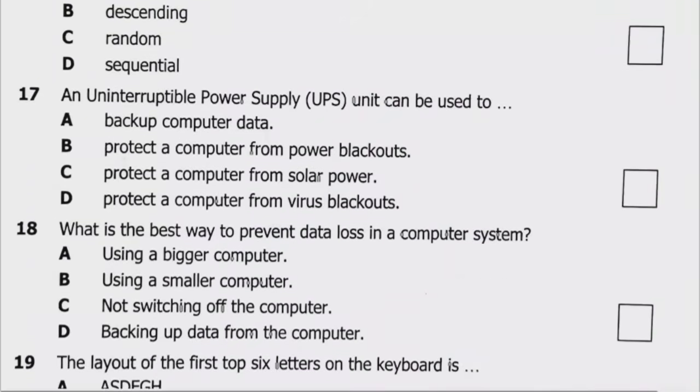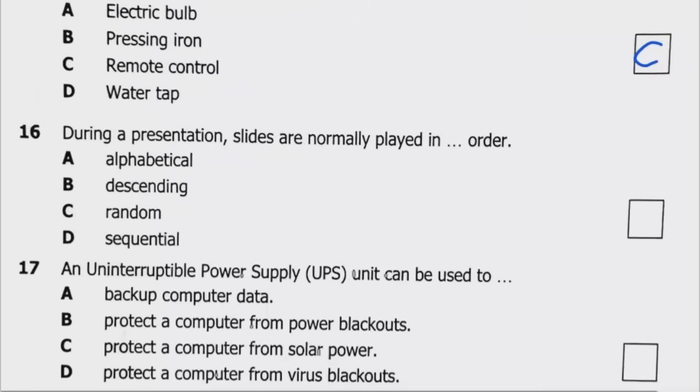We come to question 16. During a presentation, slides are normally played in dash order. So how are they played? A, alphabetical. B, descending. C, random. D, sequential. Let's look at A, alphabetical. Alphabetical is arranging items based on the letters of the alphabet, so the first letter of the word determines its position. With a presentation, that is not what really happens. It can be one of the ways you arrange them, but